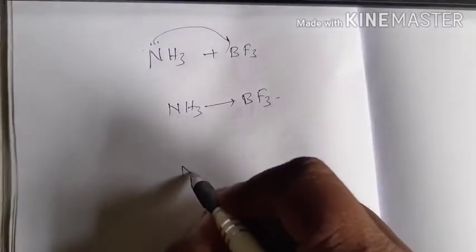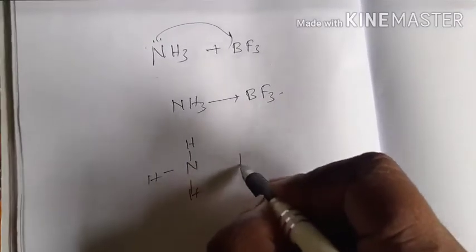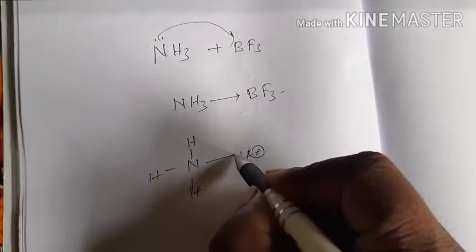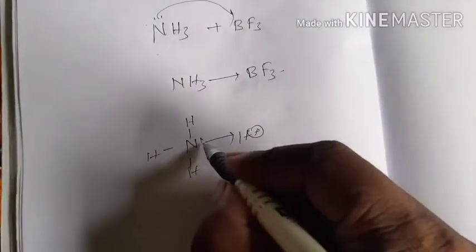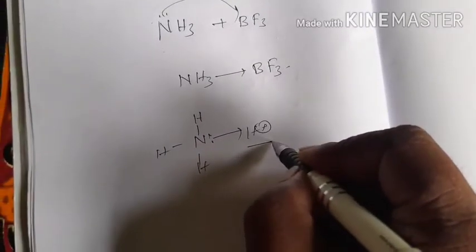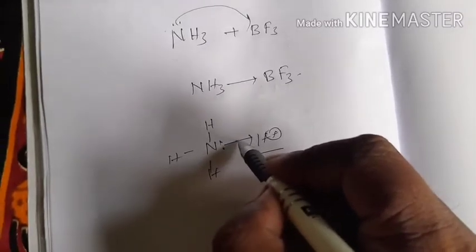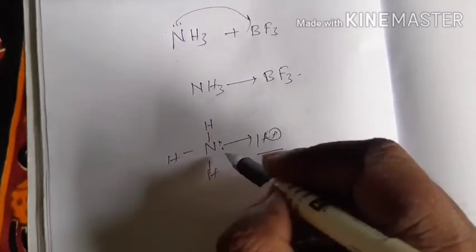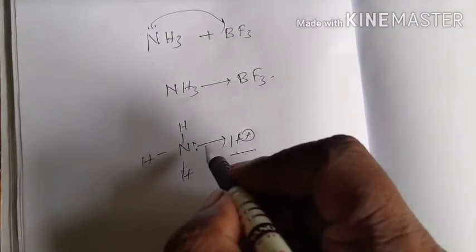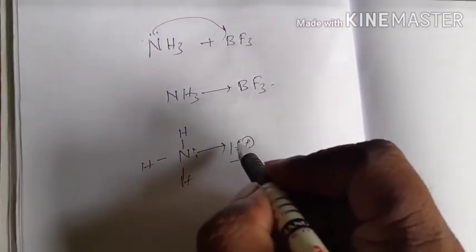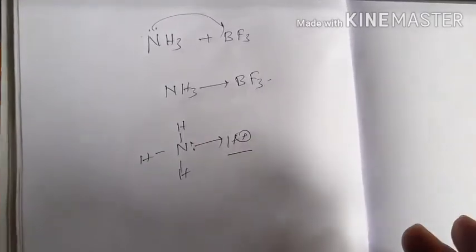Similarly, when NH4+ is formed from NH3 and H+, what will happen? You see that the ammonia having the lone pair will donate electrons to the deficient species H+. That means the sharing will take place from one atom only, but the stability of both atoms will remain intact. Ammonia will not lose its stability, but H+ will gain its stability. So this is known as the coordinate covalent bond.